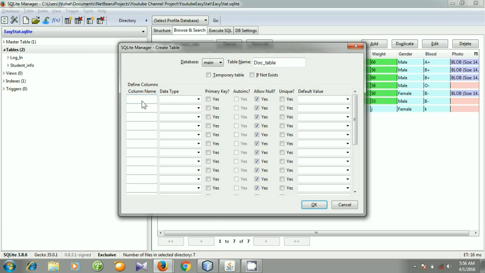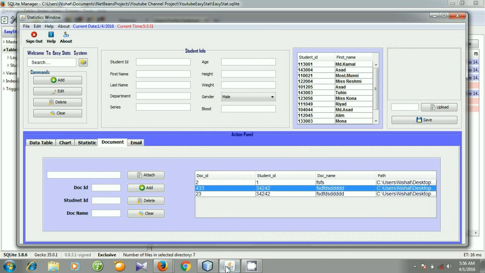We need to specify the column names. At first we need a column for document ID, then student ID, document name, and the path.